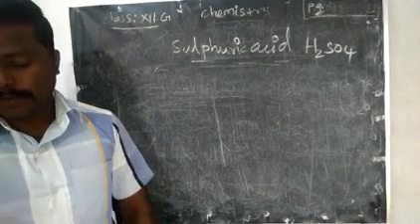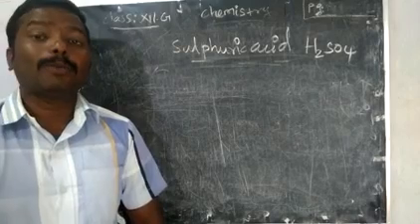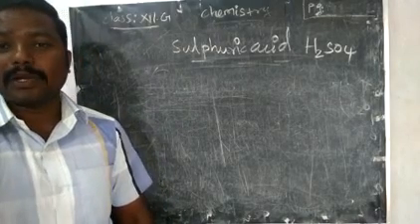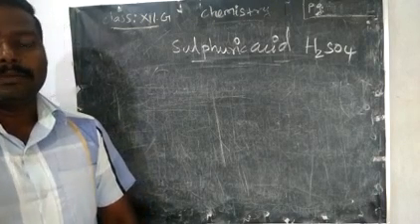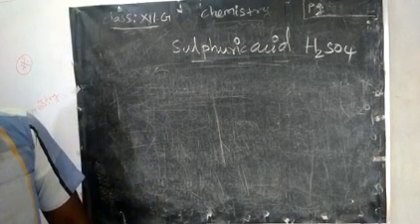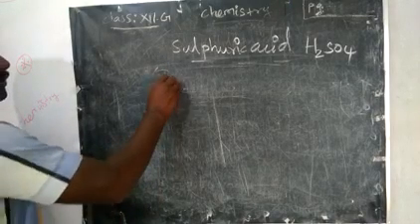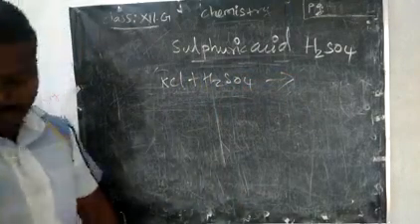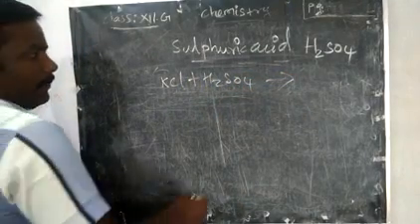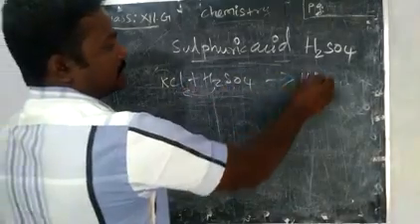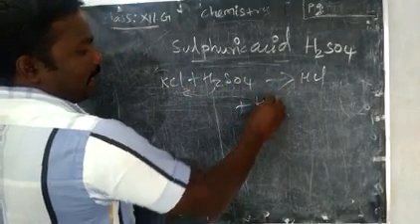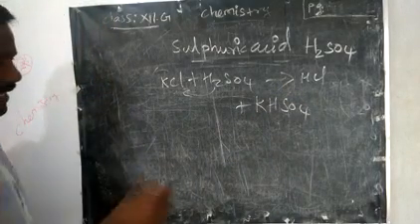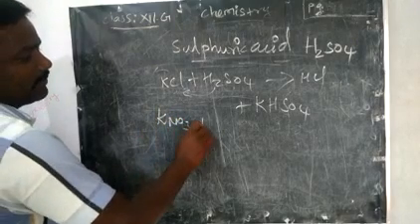Next, a very important note: sulfuric acid, even though a highly reactive acid, does not react with noble metals. What are they? Silver, gold and platinum. Next, reaction with salt. For example, potassium chloride with H2SO4. Now what will happen? HCl will form. One hydrogen, one Cl, HCl. What is remaining? K, one hydrogen with sulfate. Potassium sulfate will form. The same way, the reaction with potassium nitrate.